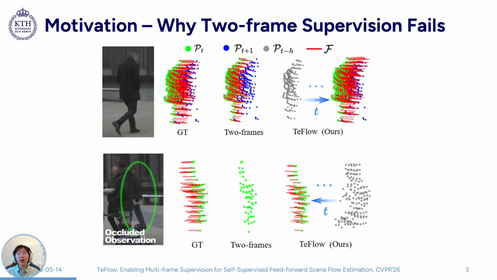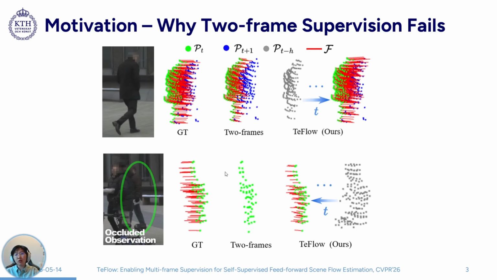In this work, we focus on LiDAR SceneFlow estimation, which predicts the 3D motion of each point between consecutive frames. This red 3D vector visualizes the 3D motion of dynamic points. Normally, the supervision comes from the nearest neighbor correspondence between frames. But if we only look at two consecutive frames, points may disappear due to occlusion or sparse LiDAR observation. For example, in the second example here, the pedestrian is partially occluded, so the supervision based on two frames might be confused about where the next point is.